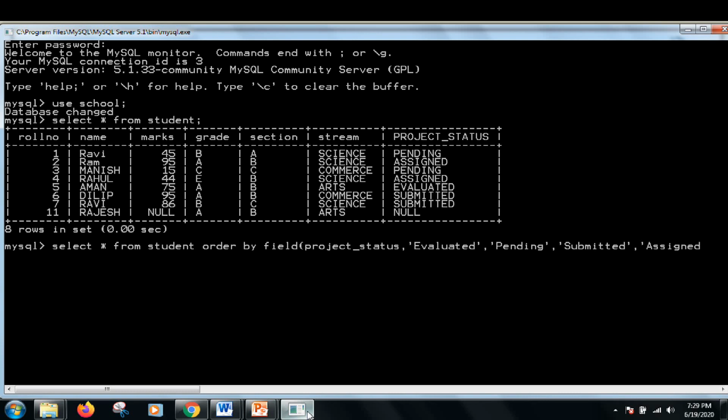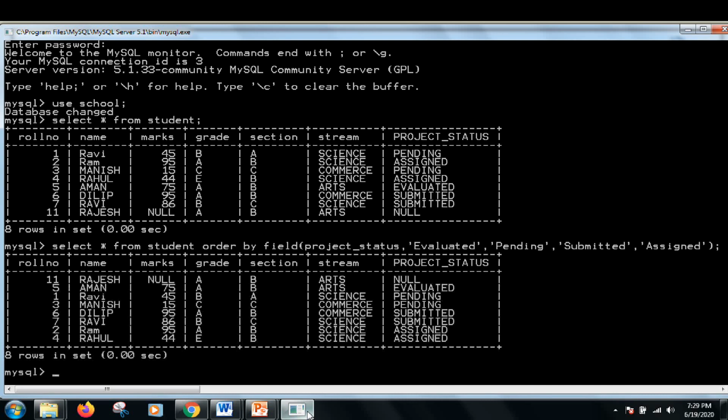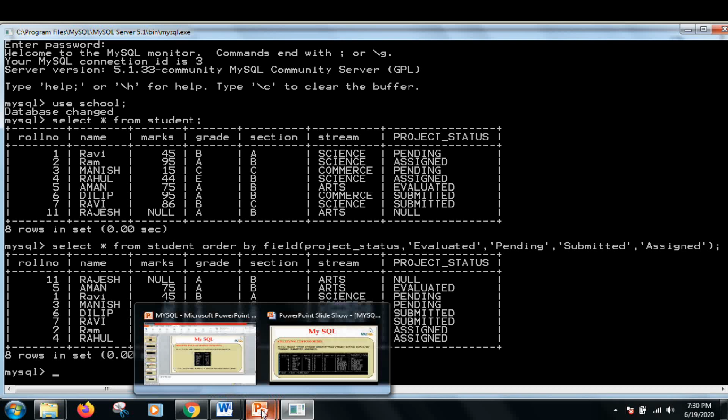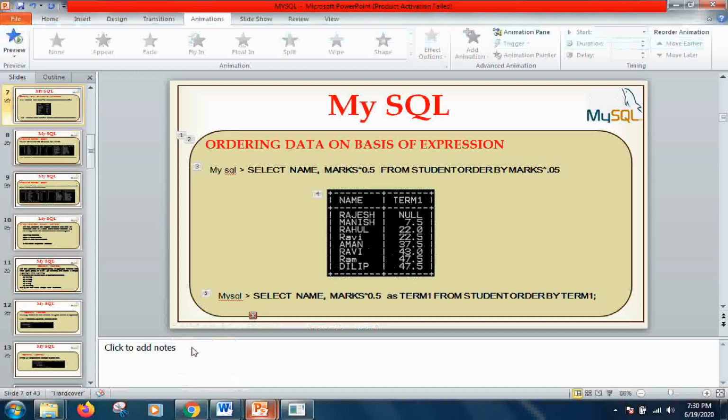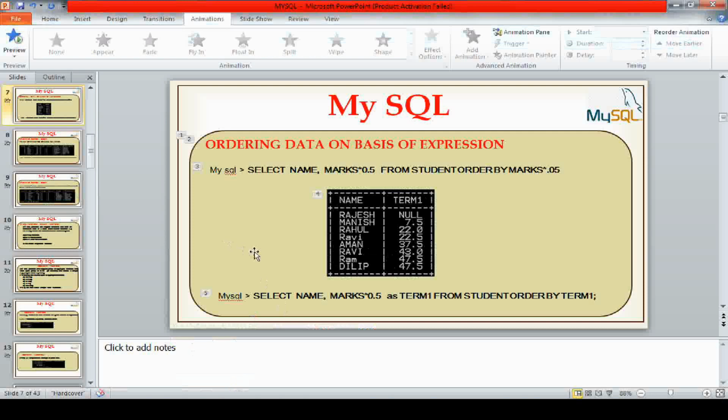The order in which I am writing these values will decide my sorting sequence. See now that first the records having the project status evaluated are coming first, then pending, and then submitted, and then assigned. So this is how this field function helps us to do customized sorting.